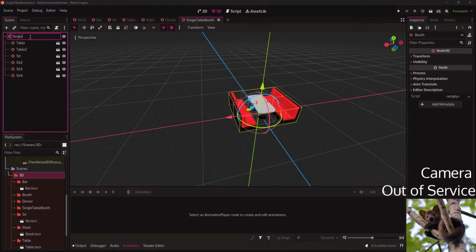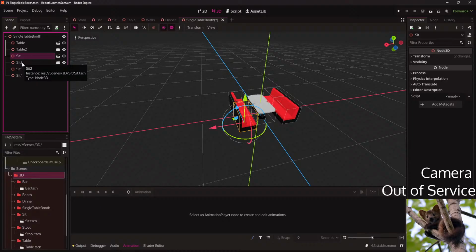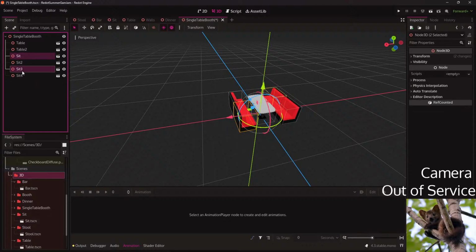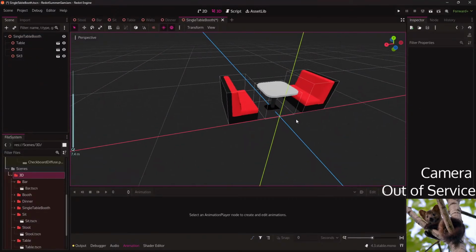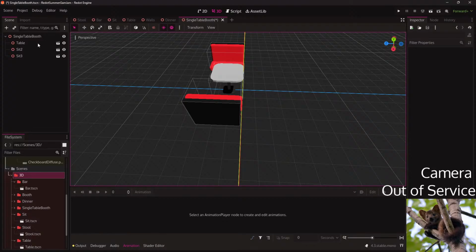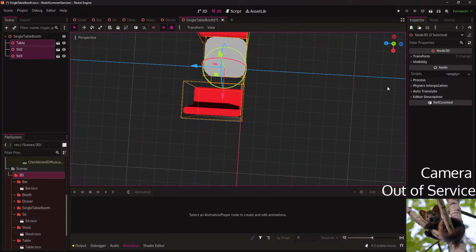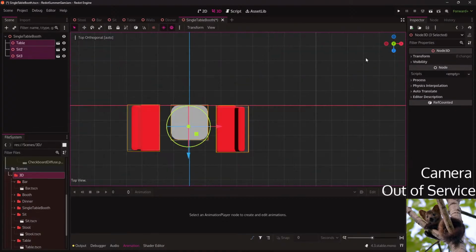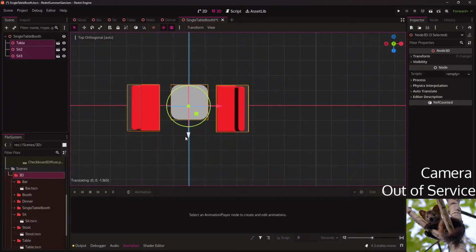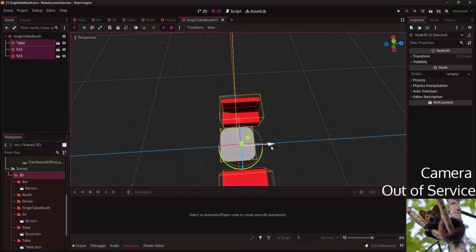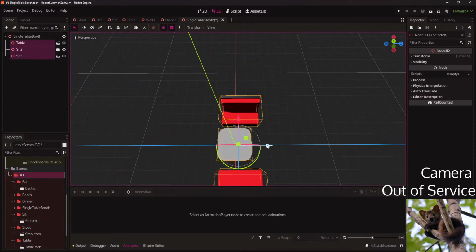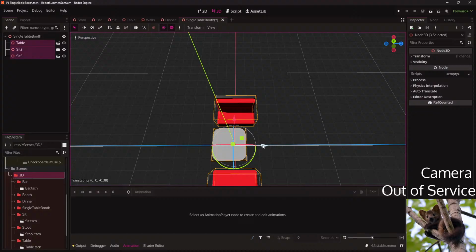I should have named here first. I just have to reposition those guys in the middle. And should be good. It's absolutely not the middle. Actually, it's the table.